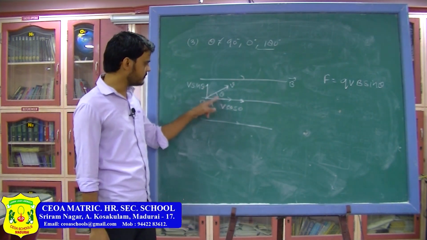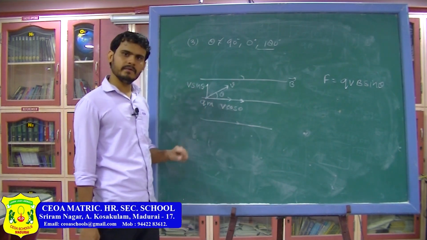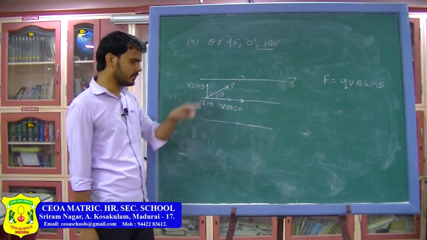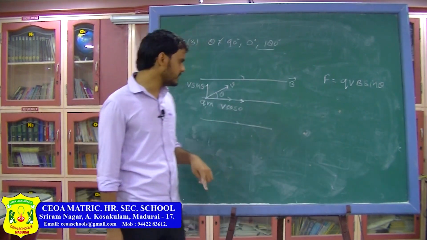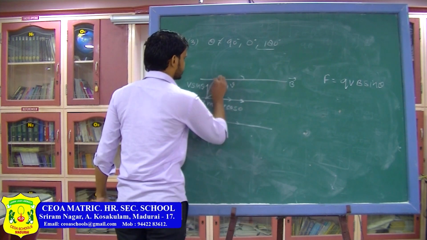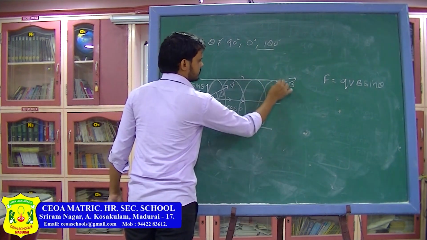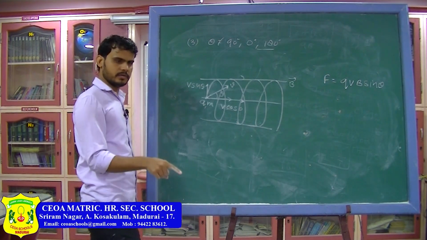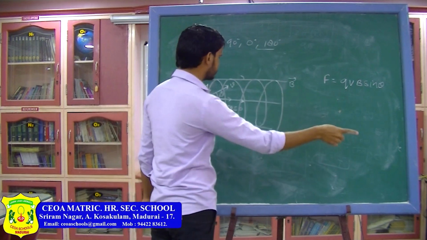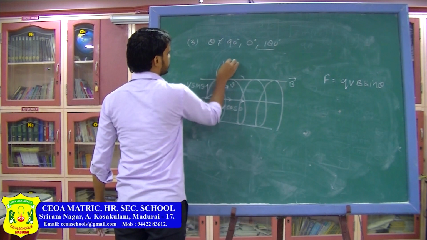Now here the velocity of the particle is a combination of both, so the motion of the particle will also be a combination of both. The particle will do circular motion and it will also move forward. So ultimately the motion of the particle is going to be like this. Here the particle is moving in a circle and also moving in the front, and this kind of motion is called a helical path.